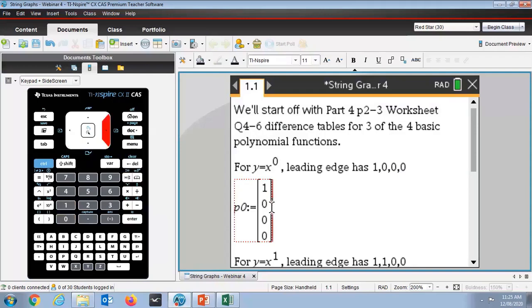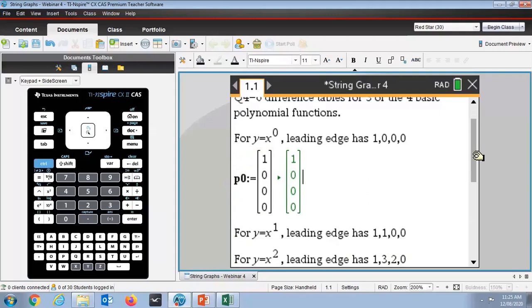I'm still in the math box, and I'm going to press enter, which just confirms the fact that we have assigned the matrix 1, 0, 0, 0